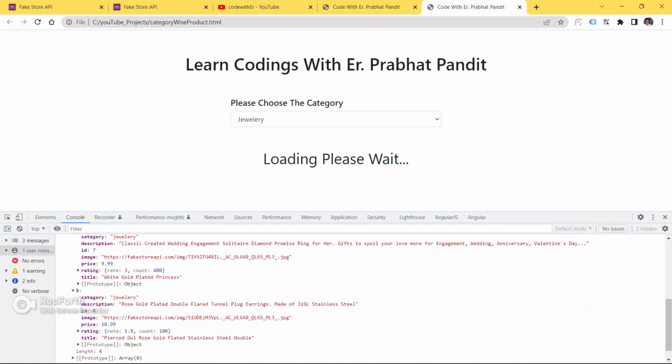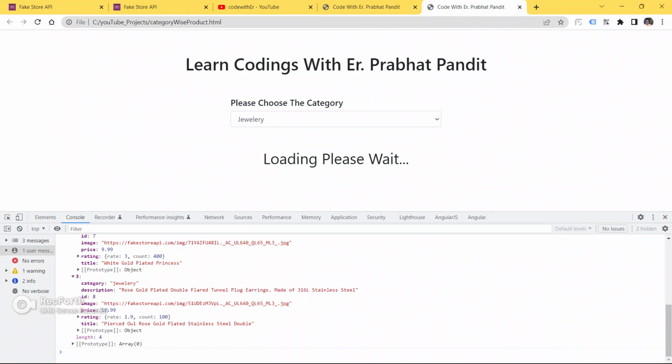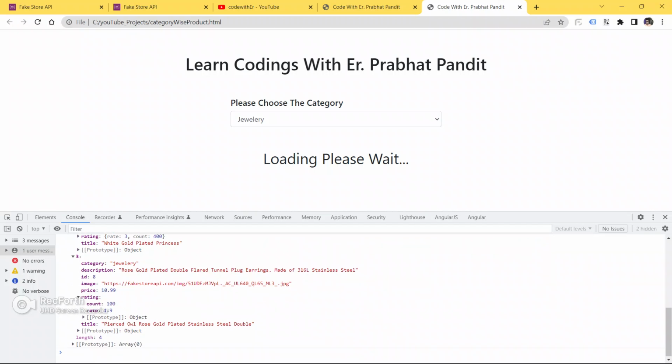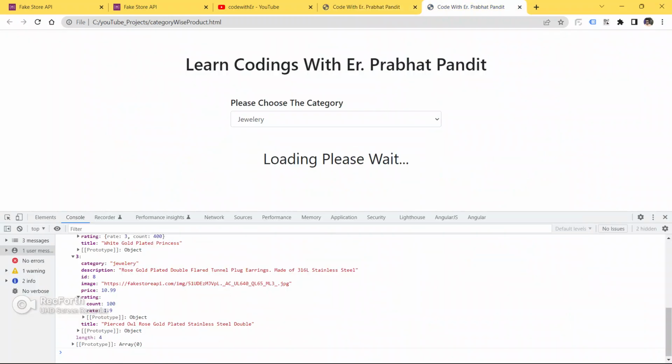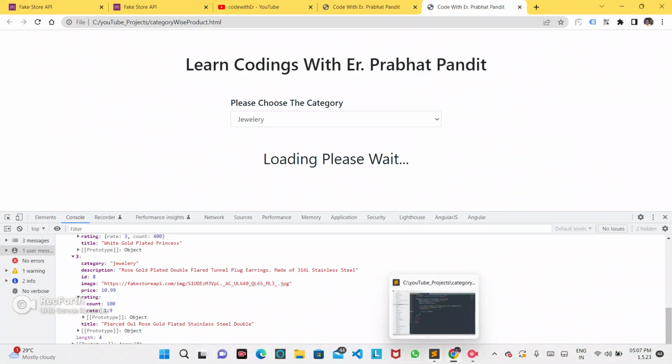This is the price, and these are the ratings. Ratings has two units, count and rate, and the title. So we have got the response.